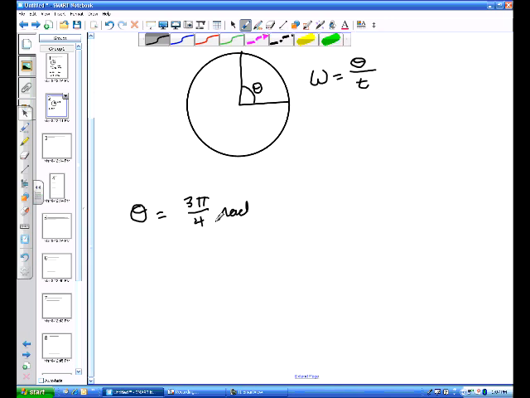So we have a central angle, our theta is 3 pi over 4 radians, and it took it 3 seconds to travel that angular measure. And so if we want to know our angular velocity, how fast the angle is changing, it would be 3 pi over 4